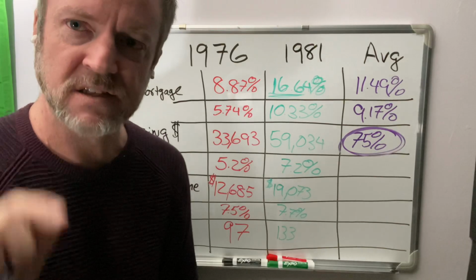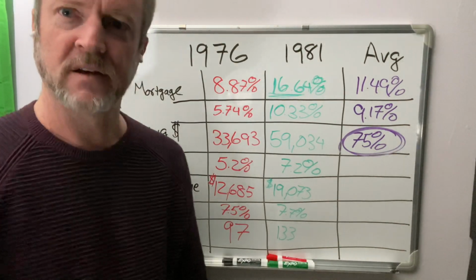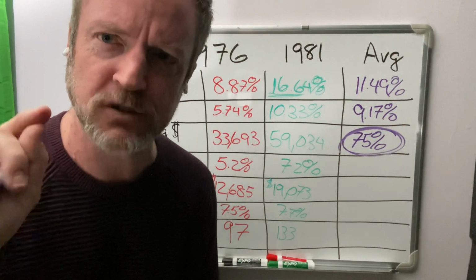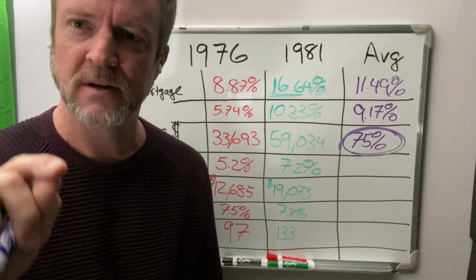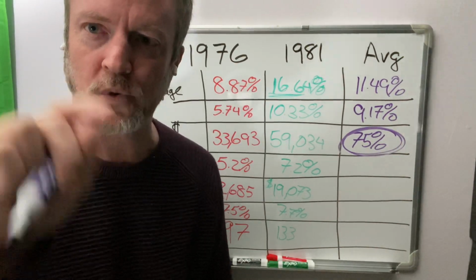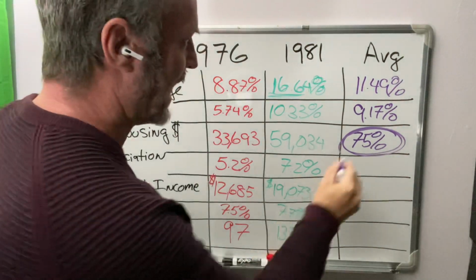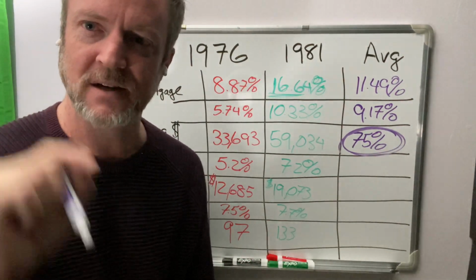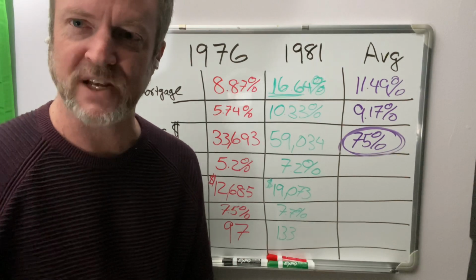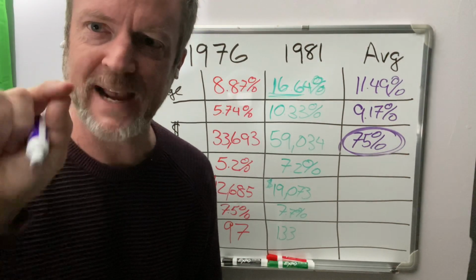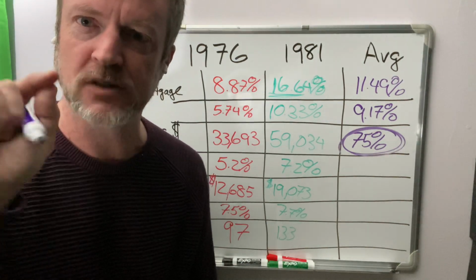Housing went up 75% when interest rates went up 800 basis points. People are telling you today, if rates go up 1%, housing will crash 10%. Ask them to explain how housing went up 75% when interest rates went up 800 basis points. There must be something else, and I keep telling you, it's wages.